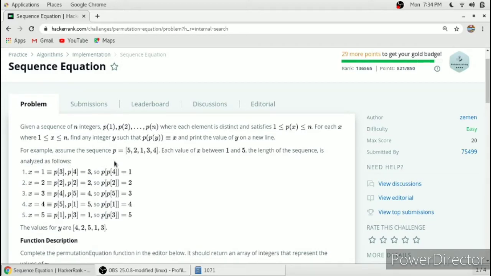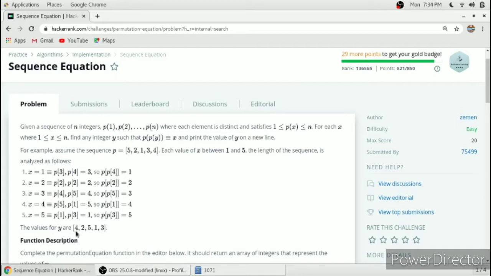First of all we have to consider the number 1. Considering number 1, we have to find its location in this array. So 1 is at third location, so here the position of 1 is P3, that is third location. Then we have to consider this 3 and find what is the location of this 3. The location of this 3 is at fourth position. So we have to consider this 4 and print this 4 in our array to be returned.